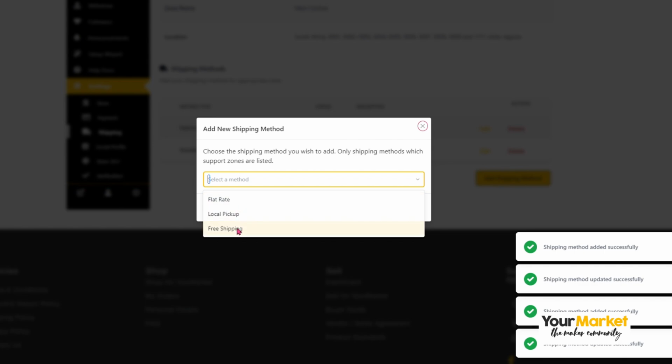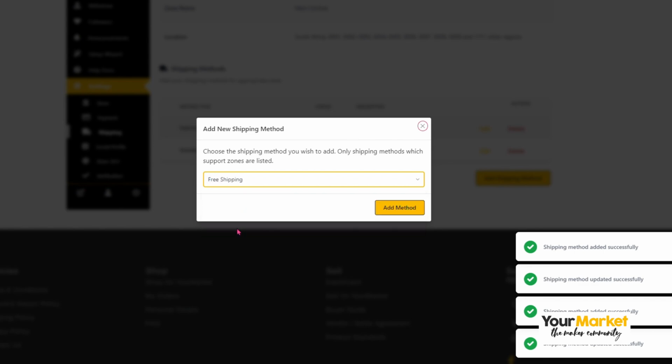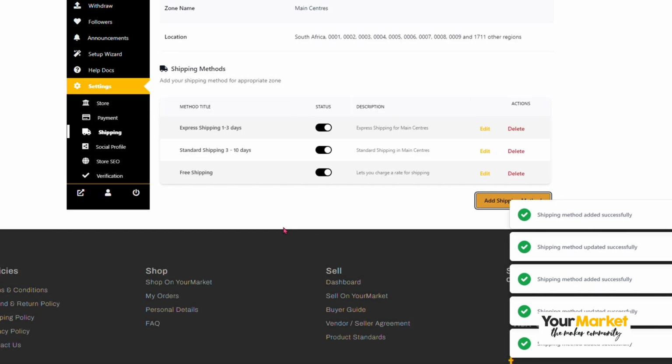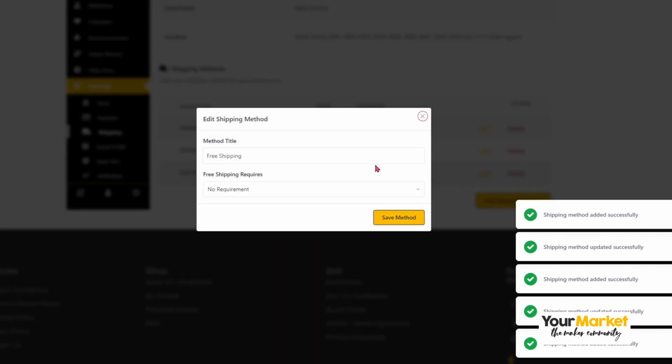Well, let's first do free shipping, because I want to offer free shipping. So what happens here? I'm going to add free shipping. It says free shipping, so that's going to come up in the checkout. So that's a bit scary, because I don't want everyone in Cape Town to even get free shipping. So here I've got free shipping, no requirements. Okay, so this is interesting. So what could I do? I could say here,